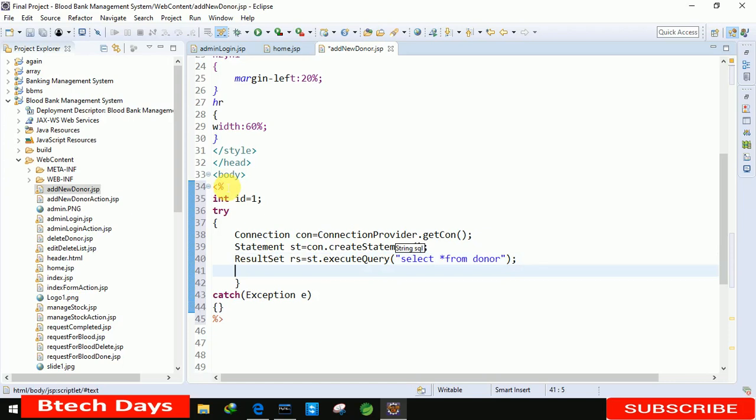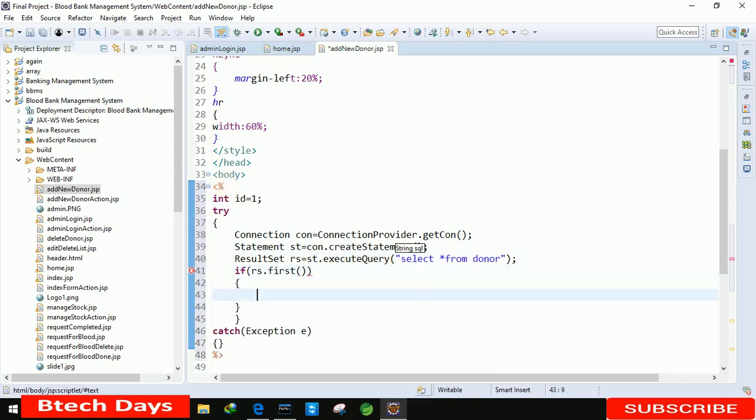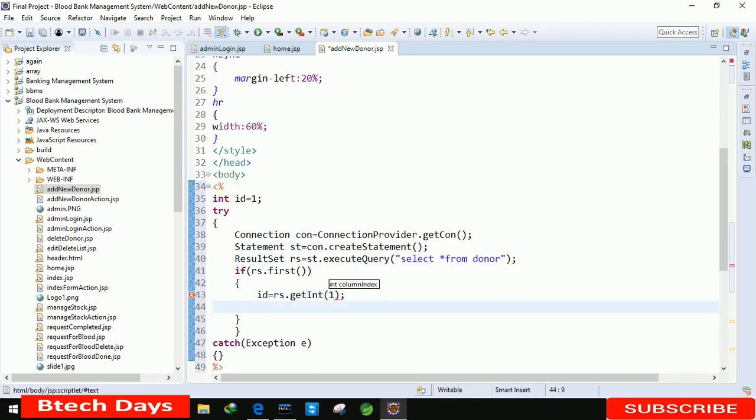After that we just need to write if rs dot first, id equals to rs dot getInt, we are taking it from first column. After that id is equals to id plus 1.